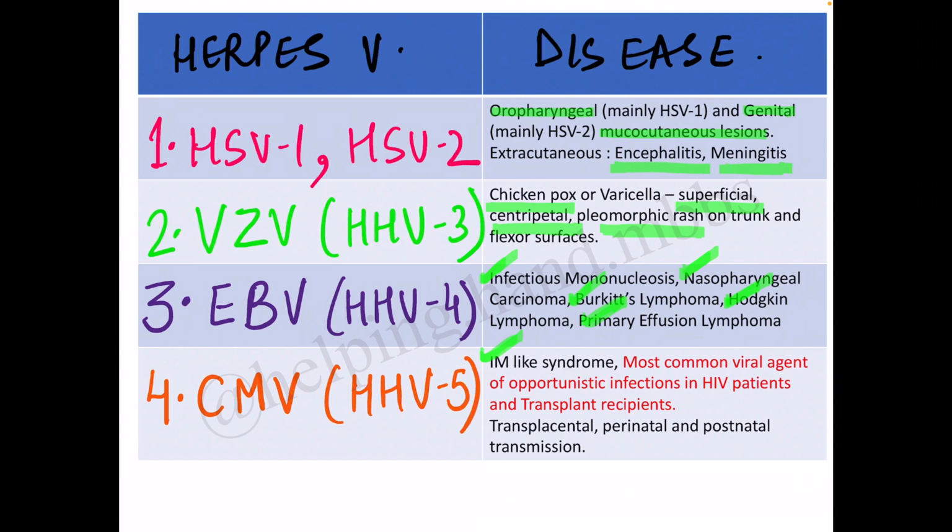See, we all know that in HIV and in transplant patients, because they take immunosuppressant agents, there is immunosuppression. So there will be opportunistic infections. So if a question is asked which viral agent will be the most common opportunistic agent, your first answer should be CMV. Then I've also written that CMV shows transplacental, perinatal and postnatal, all 3 types of transmission in pregnant women. Okay, so this was all about herpes viridae.